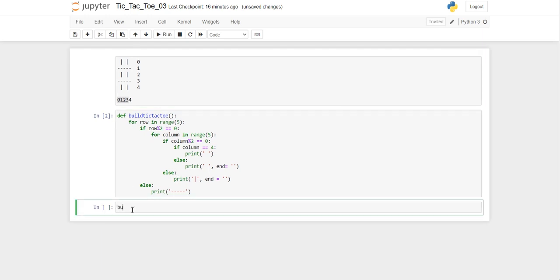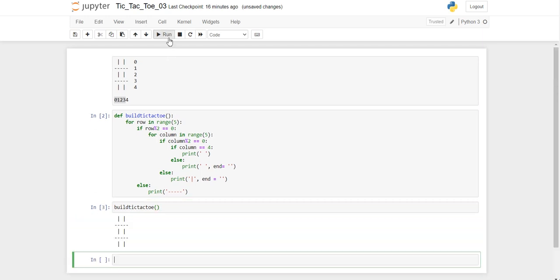Okay, now we will build this tic-tac-toe. Okay, so this is the basic structure. Now we will populate the X and O for 2 different players. For that we have to give 2 input parameters. One is to enter the row and another one is to enter the column, and based on that we have to fill those spaces.